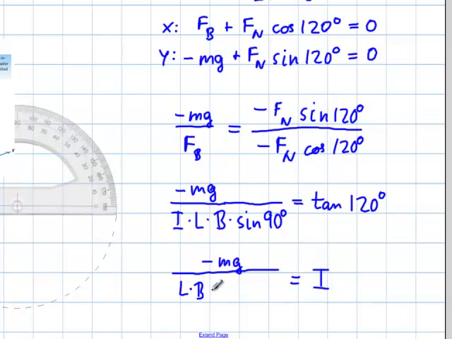The sine 90 degrees is 1 anyway, and then of course divide by tangent 120 degrees. Notice this negative right here, but also notice that the tangent 120 degrees puts us into the second quadrant where the tangent is negative, so this negative here divides out with the negative that the tangent produces,